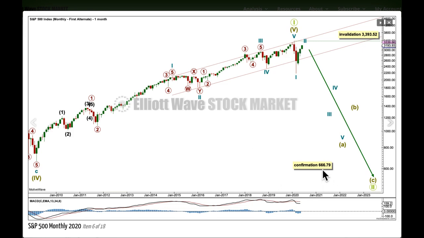The difference between the first monthly chart and this first alternate monthly chart is this price point here, and we're not going to know which of those two scenarios is correct until this price point is breached, which is a long way away, possibly years away. And so we may have to run those two wave counts side by side if the bear market does continue.